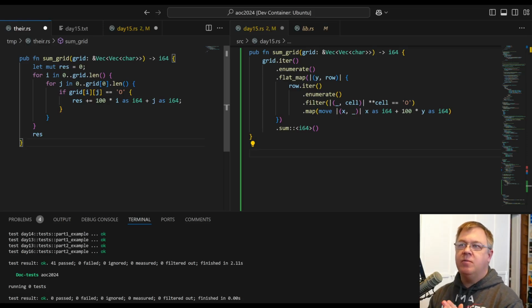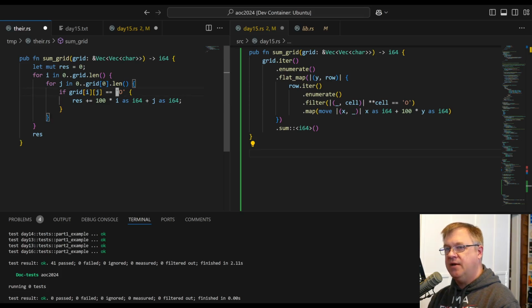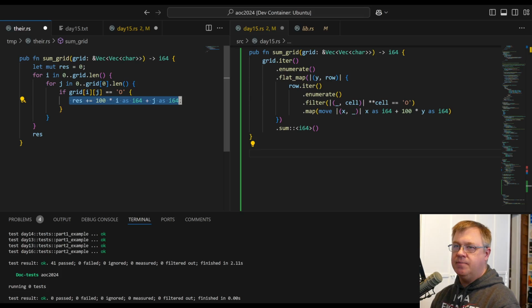Welcome back. We are continuing our peer review of day 15 of Advent of Code 2024. And in this one, we're looking at the computation of the final score. That's defined as all the grid locations that have an O, which is going to perform this math, and the math is done based off of the indices, the row and the column value where we're at